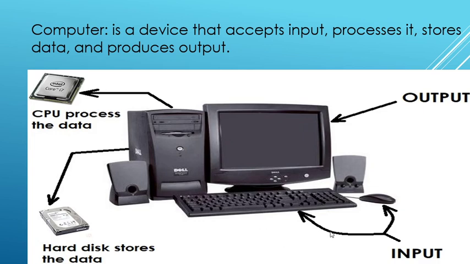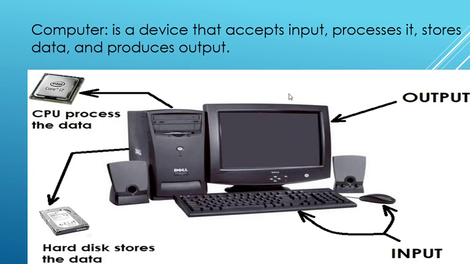When we enter the data, that data goes to the CPU, or Central Processing Unit, which does some work on the input that we provide to the computer. Once the work is done, it displays the output to an output device,